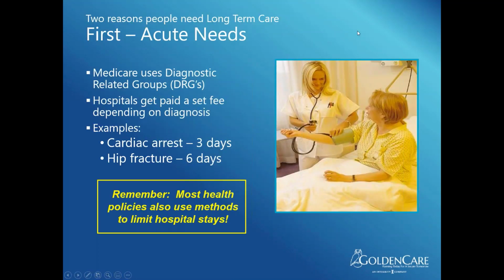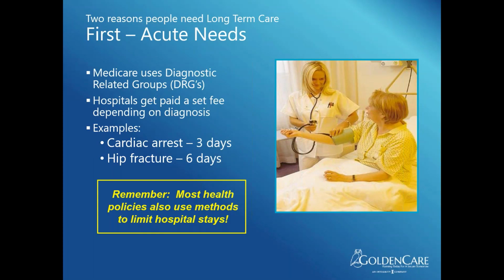What causes long-term care? Well, there's two main causes for long-term care: acute needs and, of course, chronic needs. I'll get to that next. So acute needs. This is talking about cardiac arrest, hip fracture. Obviously, the major things, go to the hospital and suddenly I'm going to find myself in need of long-term care. And with Medicare, again, the cutting back of Medicare, these DRGs that they're speaking of in this slide. Now, this is one of these slides that, again, I'm just going to go off script here. This slide seems to get a little deep, and I'm going to explain it to you. But this really kind of lets that person sitting across from you know that you know what you're talking about.